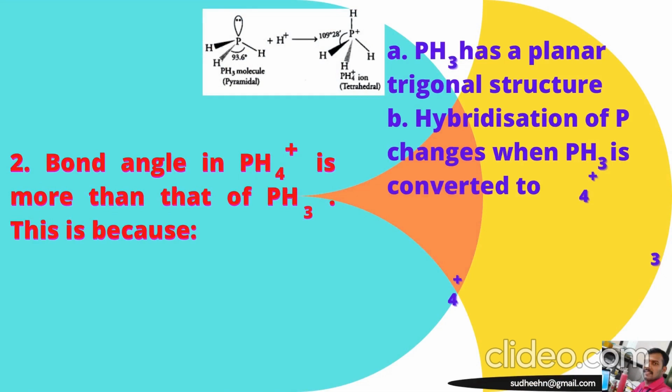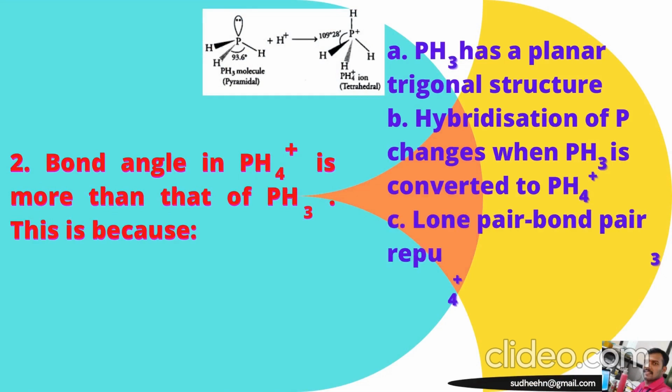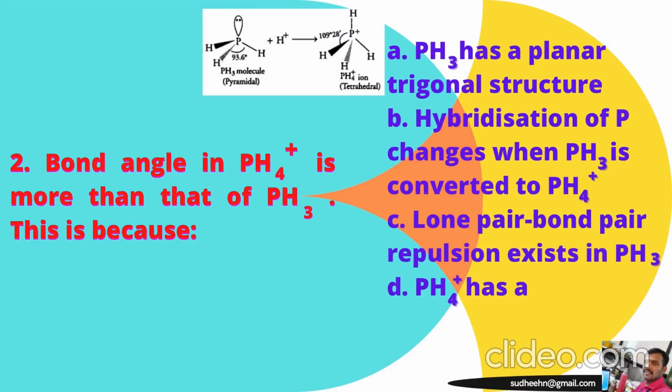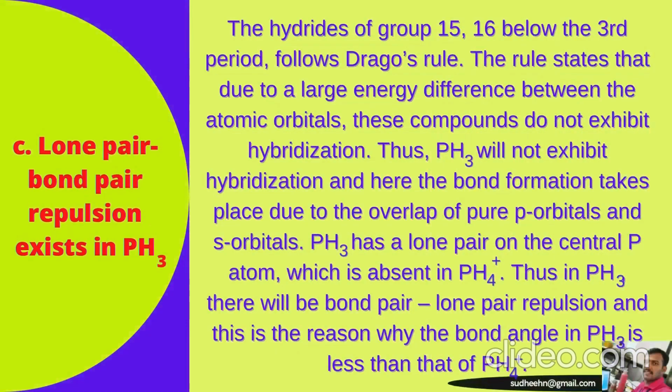This is because option A, PH3 has a planar trigonal structure. Option B, hybridization of P changes when PH3 is converted to PH4 plus ion. Option C, lone pair bond pair repulsion exists in PH3. And option D, PH4 plus has a square planar structure. And the right answer is option C, that is lone pair bond pair repulsion exists in PH3, that is phosphorus